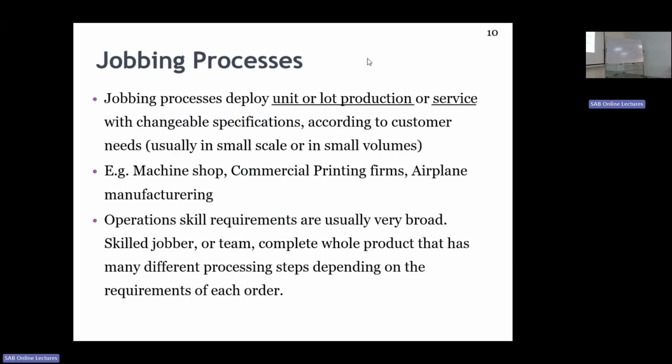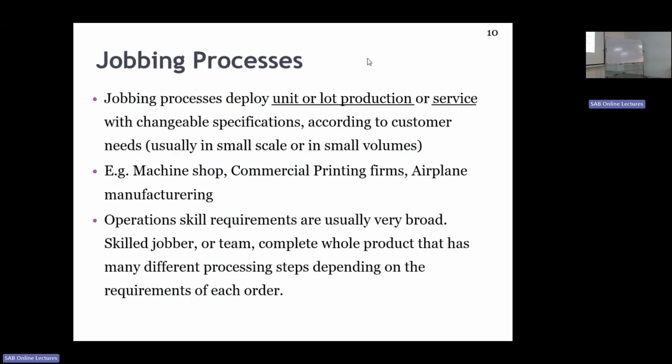They involve more high-skilled workers rather than batch production. Do you need any explanation on that? They have noted that compared to batch processing, jobbing processes are more labor-oriented. As you see here, to complete such work, we need a skilled jobber, one person who can handle many tasks, or a team who can complete different tasks. Each product may require different processing steps. Those are mostly labor-oriented. Very good observation. But there are now certain facilities, high-tech products and all, that provide